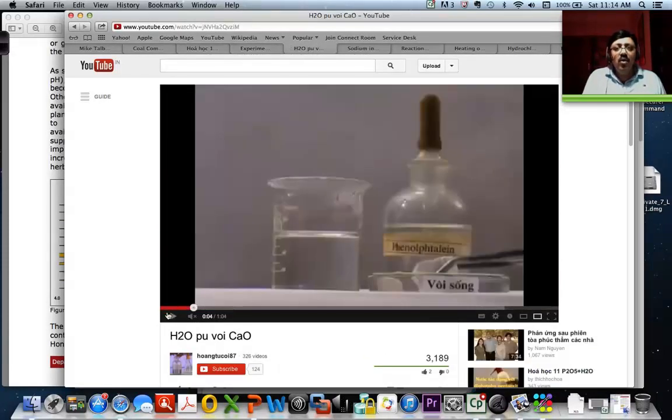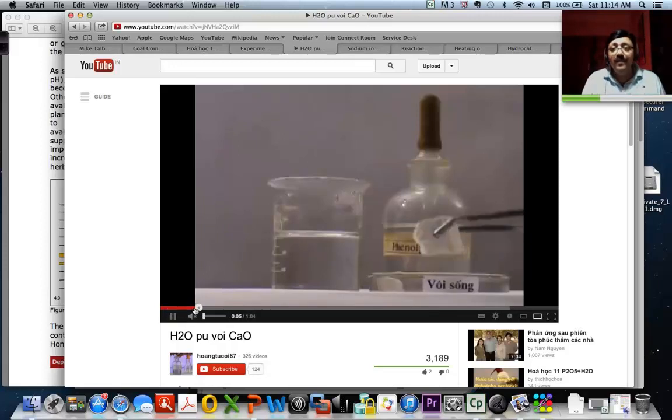Yeah. So if I have calcium oxide and water, right, I can actually produce the calcium hydroxide. So that's what I want to show you here. So this is calcium oxide and she's putting that in water, right? And you can see that the calcium oxide is reacting with water and